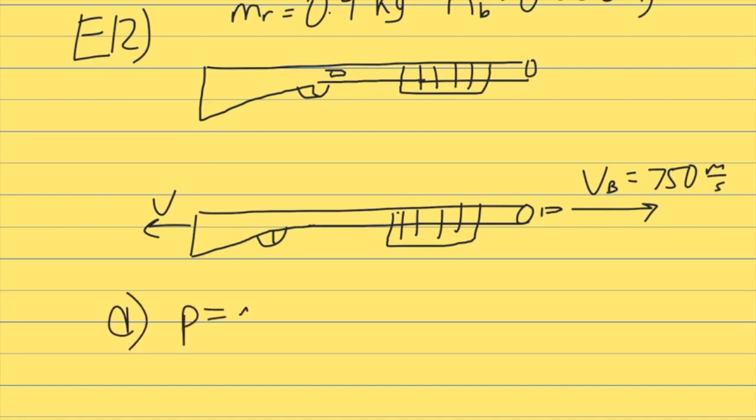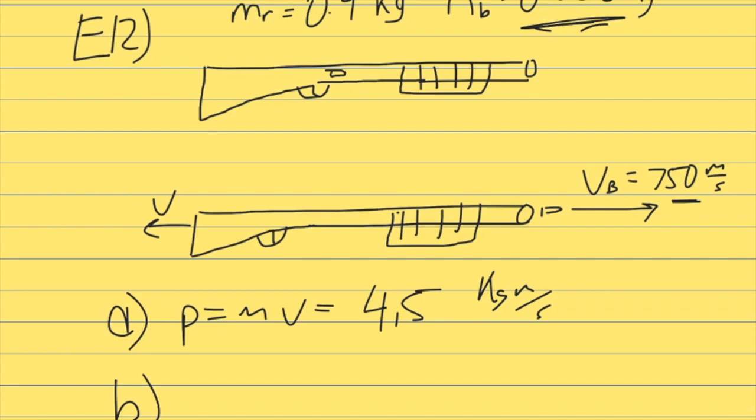So P equals M times V. We know M is 0.006 and V is 750. So 0.006 kilograms multiplied by 750 meters per second gives us a momentum of 4.5 kilogram meters per second. Part B